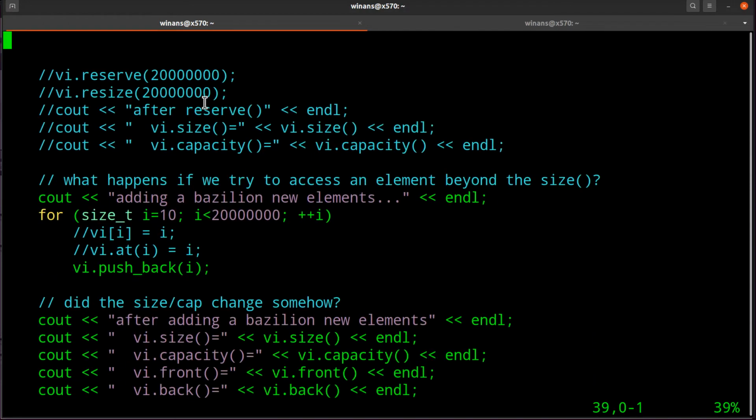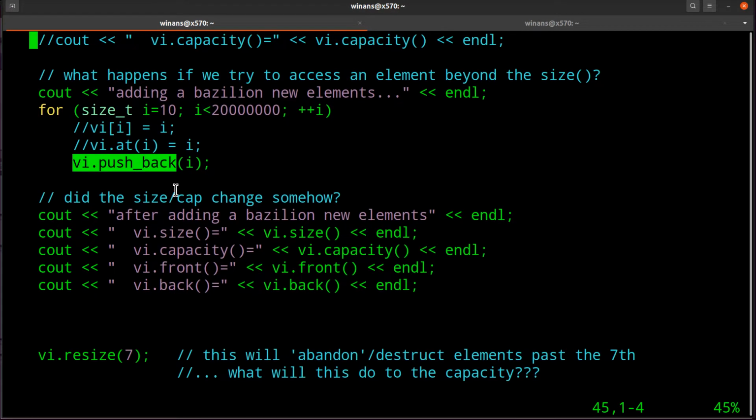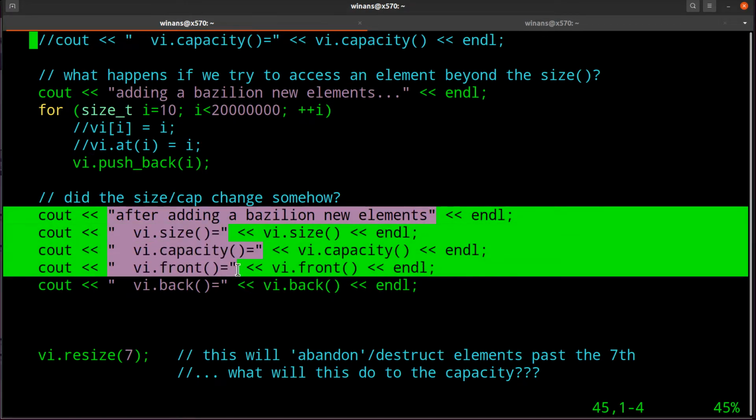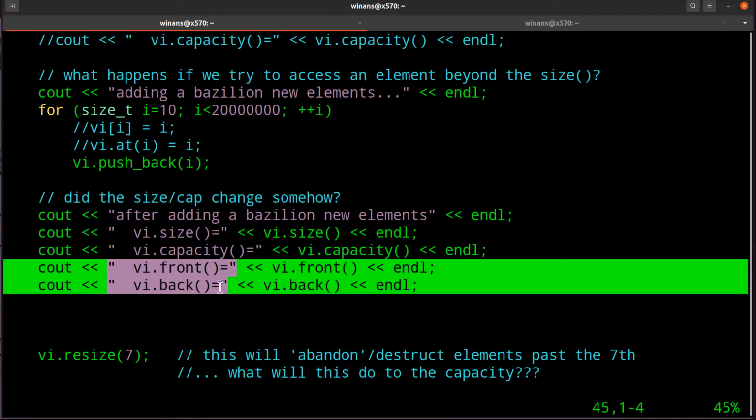Now let's look down here. What's this reserve, resize, and all this other stuff? Let's leave this alone for now. These are commented out. What would happen if I push back a bazillion new elements, or in this case, 20 million, right? I'm going to just keep calling push_back for now. These other ones are commented out. We'll come back and see what happens if I do that in a minute. What happens? Well, after I added the bazillion, I'm going to reprint out all this stuff. And while I'm at it, I'm also going to call the front and back